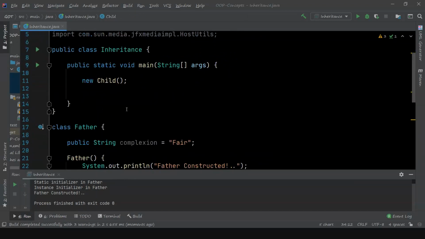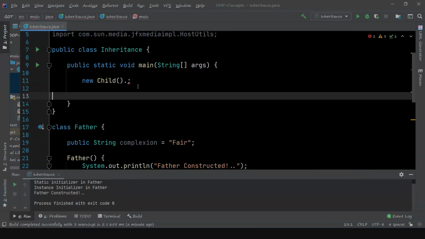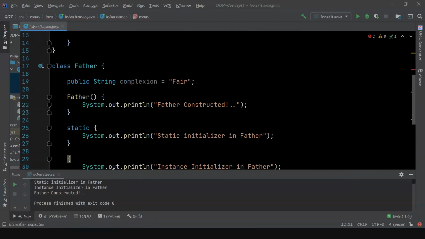If they had been inherited, then I should be able to call this initializer from the child object itself. But here I cannot see any such mechanism to call that initializer. So that means it cannot be inherited. This initializer cannot be inherited by the child class.